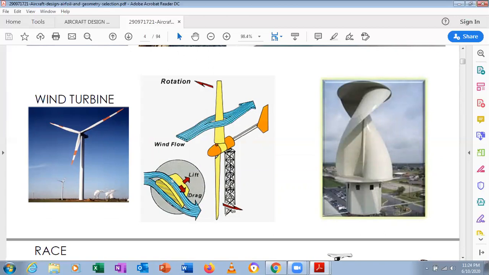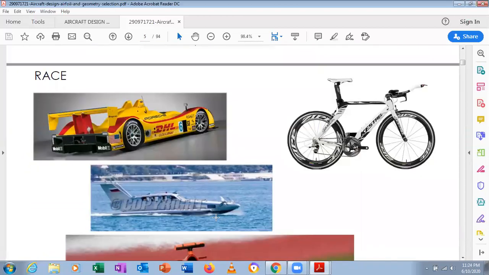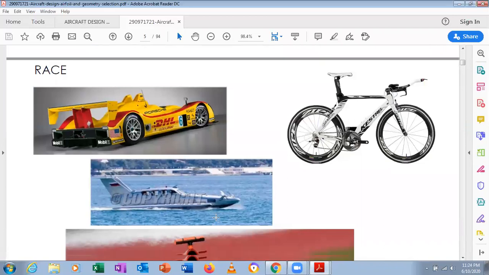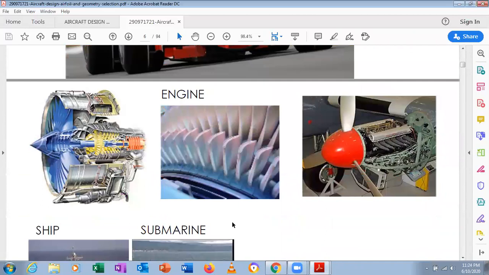So how it moves, there will be a drag, and it will be a laminar flow over it, and there is no flow separation, and it will give the necessary lift. Okay. So in race cars also, it looks like the shape of a streamlined body, like an airfoil. And so when you look into engines, the gas turbine engines it may be, and we have